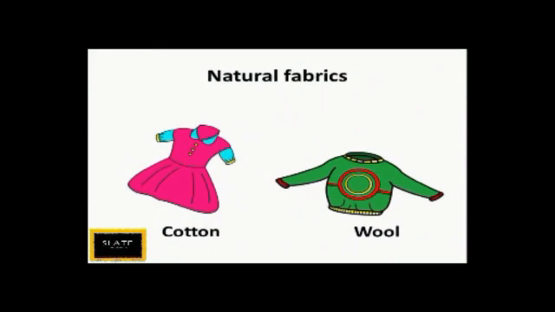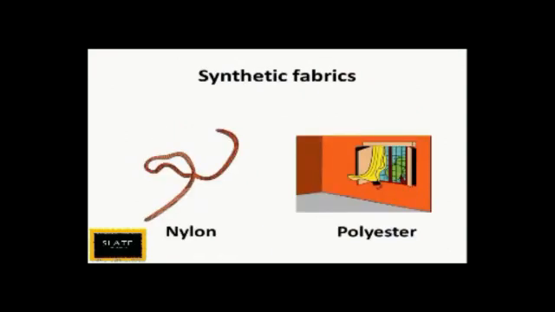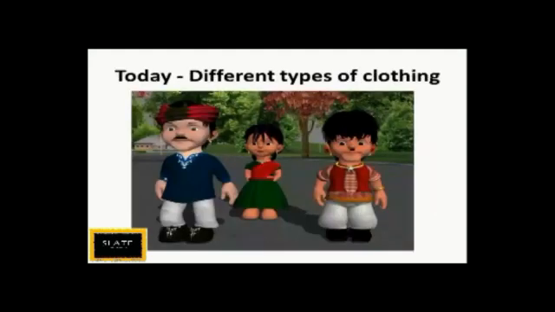Dear slaters, so we see natural fibers like cotton, wool, etc. have been used since long time, say 1000 years ago also, to make clothes. But it was only few hundred years back we have learned to make synthetic fibers using chemicals, especially the petroleum. Nylon, polyester are the examples of synthetic fibers which we use today.